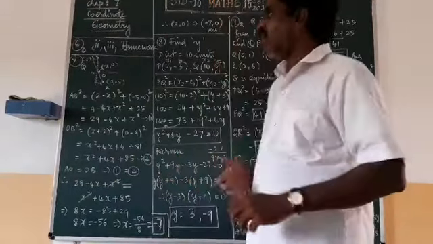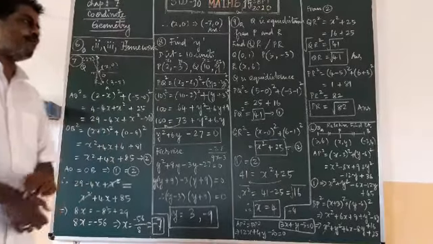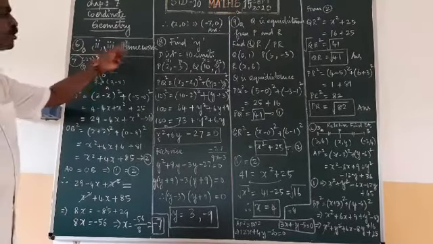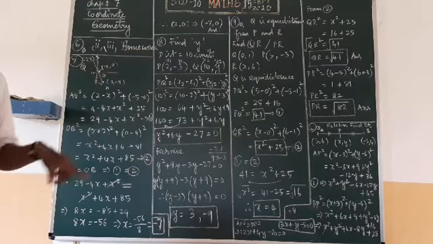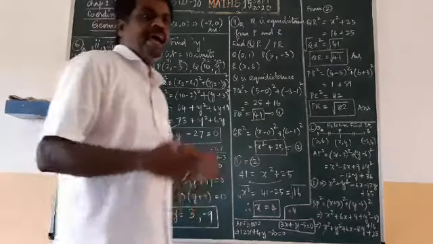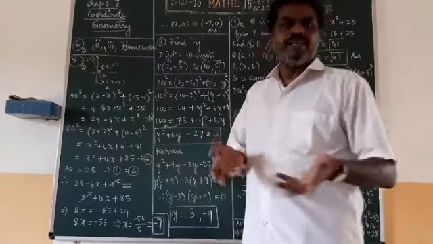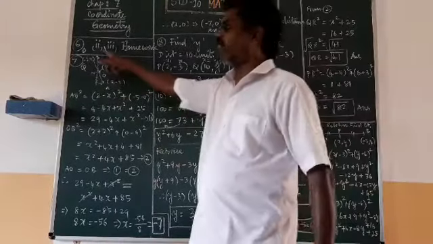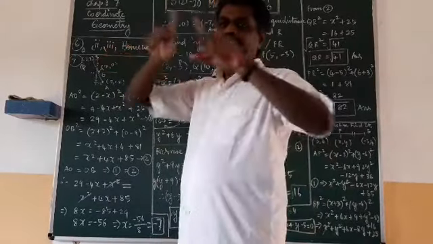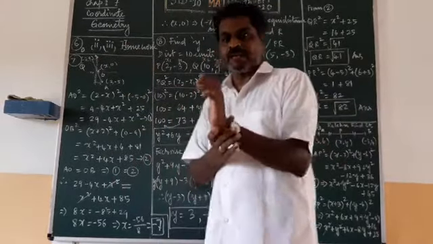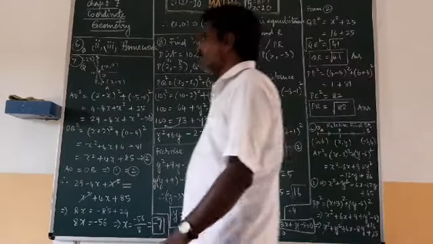In the last class, we took the coordinate geometry chapter 7, exercise 7.1. Up to 5 questions we have completed, and the 6th question, one part, we have now completed. Another 2 and 3 you take as homework. You find the distance between the coordinate points and identify which shape it is giving: either a square, a parallelogram, or nothing. You have to identify what type of shape you are getting from finding the distance and the relation you are making. Okay, the seventh one we will do.